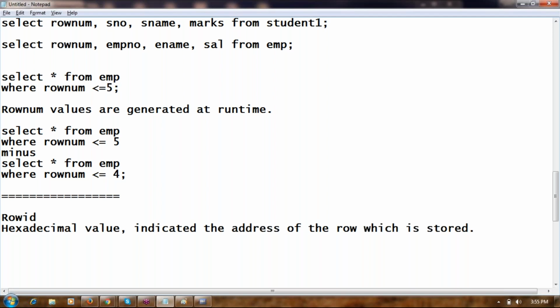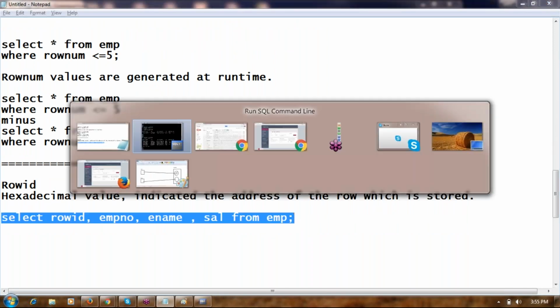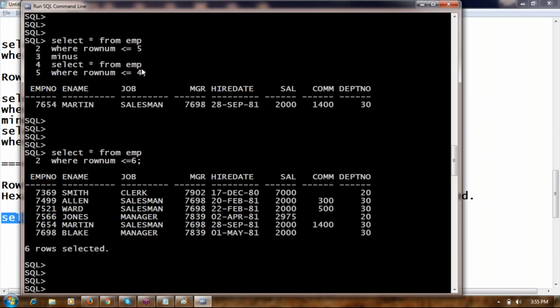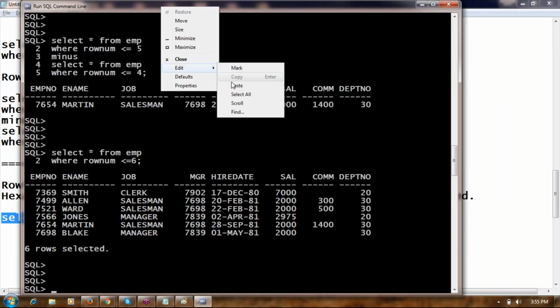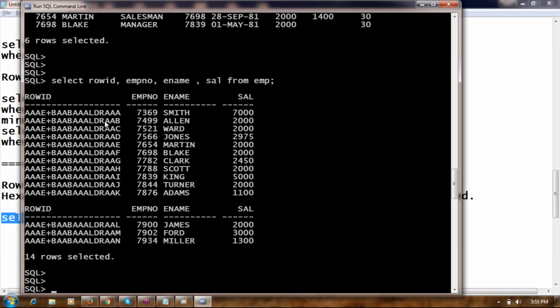Whenever you insert a row, first let's look at the output. What is the row ID value? It is a hexadecimal value.